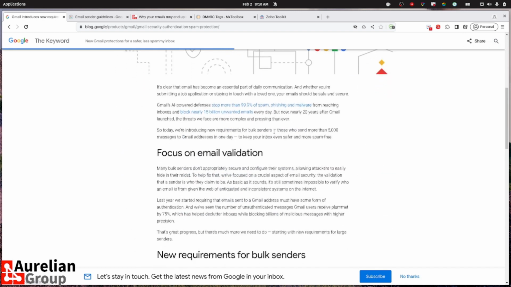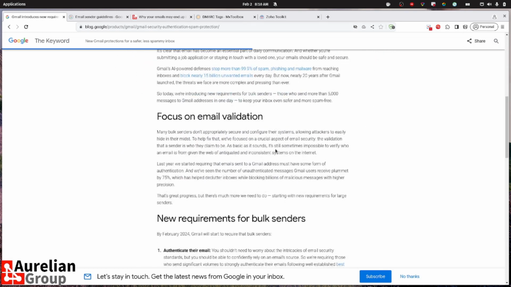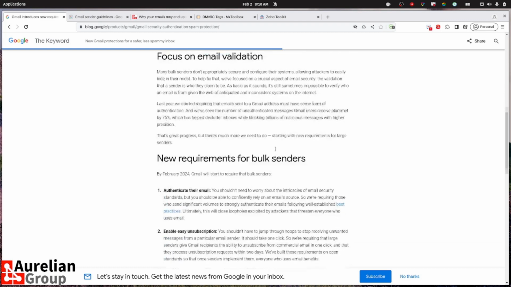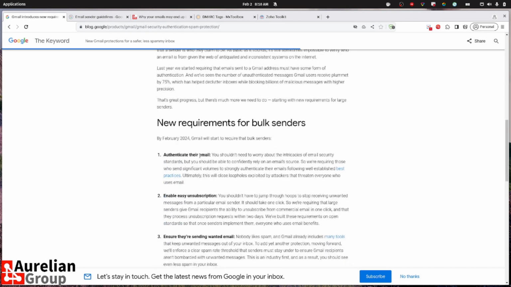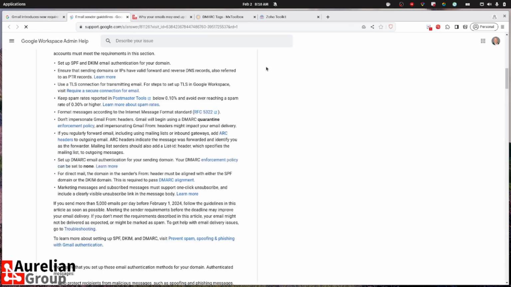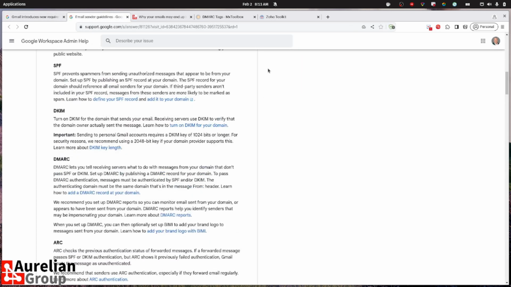Now, what does Google say? We're going to focus on email validation. That is the authentication part. And it actually says you must authenticate your email. So this is not a should, you absolutely must. Now there are some best practices. If you click on that link, that opens up another page, and I've already browsed down to the